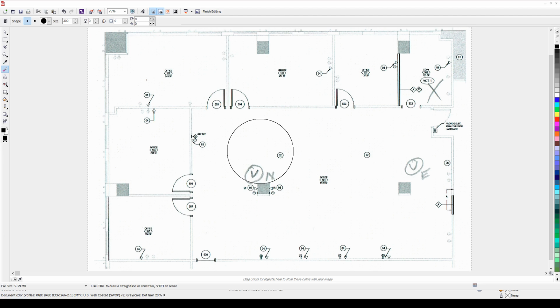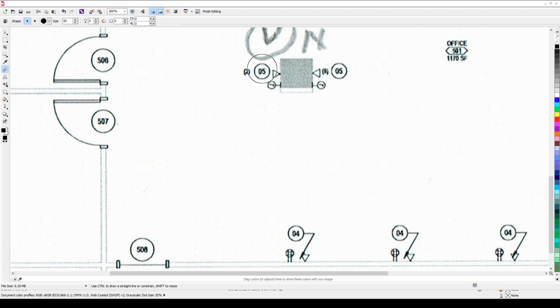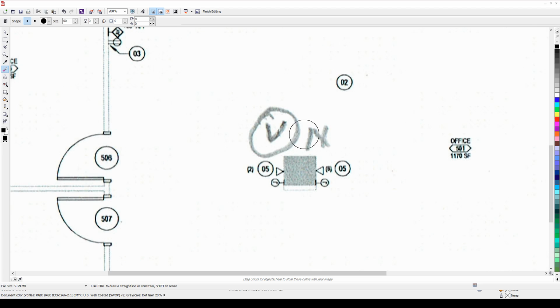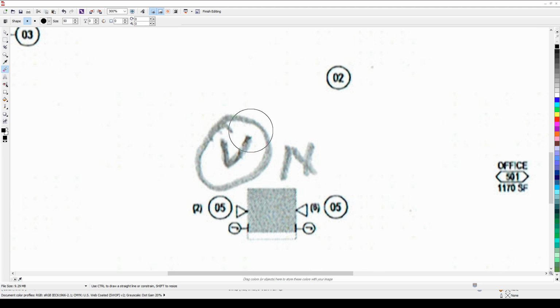In fact, 100 was too big for me. So I'm going to go back up here and do, we'll say, 50. And 50 seems about good. It's enough for me to get all these little details in here without messing up any other markings I don't want to mess with. For example, we're going to pretend that this 05 is something I want to keep. I don't really need it, but I just want to leave it there so I don't mess with it. I'm going to zoom in to the 0 or the circle with the V in it and the N. I'm just going to click down, and you can see as soon as I clicked, it created a circle